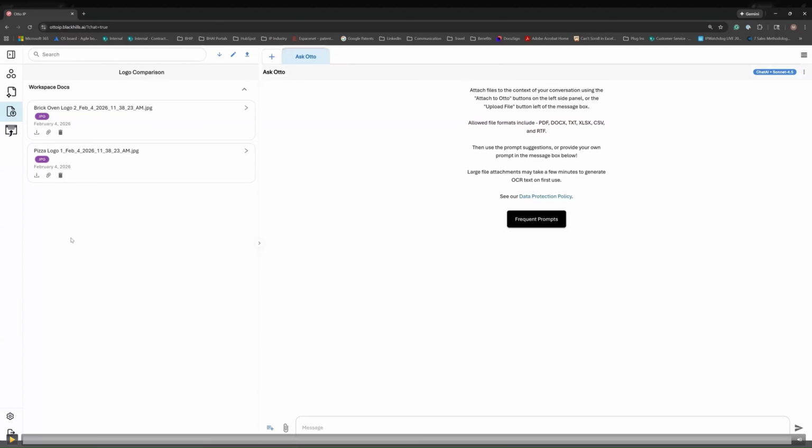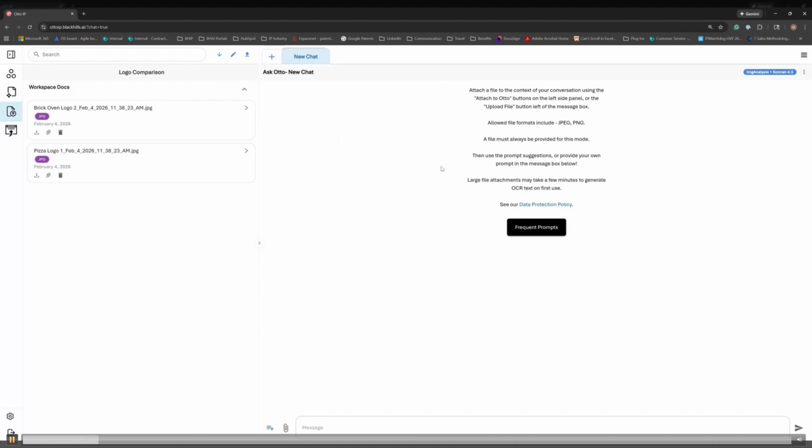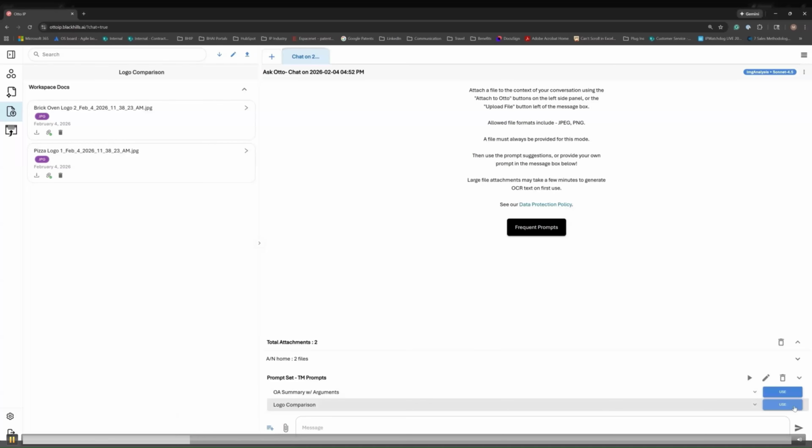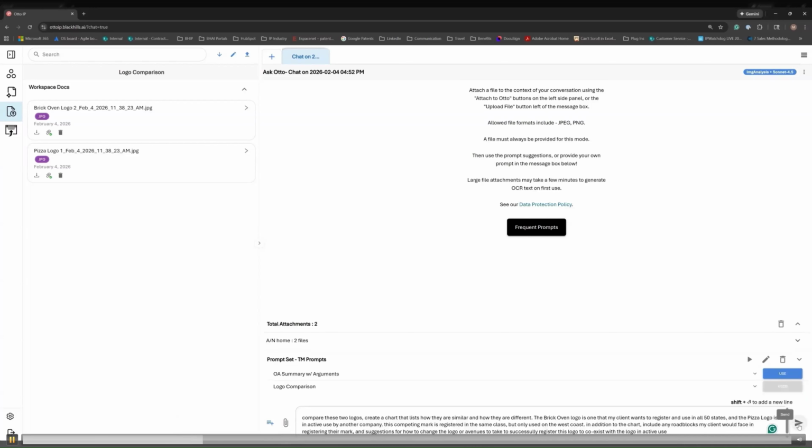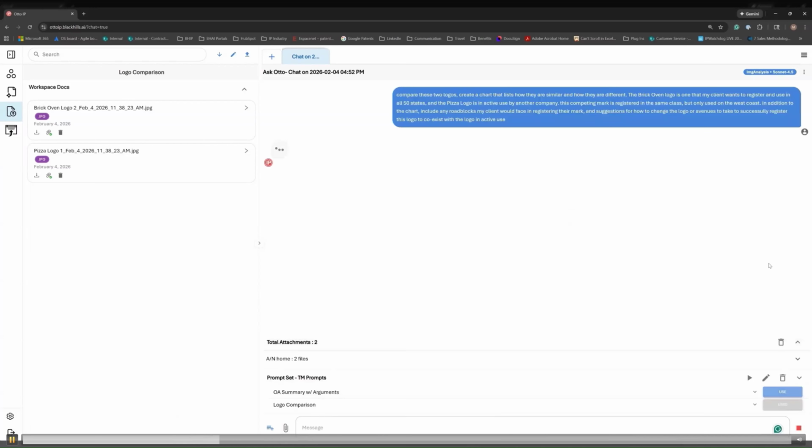So what I've uploaded in this workspace are two logos. The one logo is my client's proposed logo mark, and the other image is a logo that was populated in a search report. So what I'm going to do here is start a new session and select image analysis. I will attach the two logos to context. What I'm going to do this time is select a prompt from one of my saved prompt sets. So I have a prompt here, and essentially what the tool is going to do is compare these